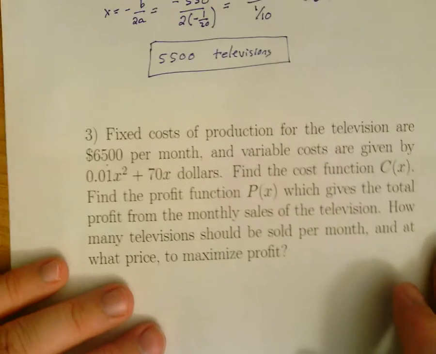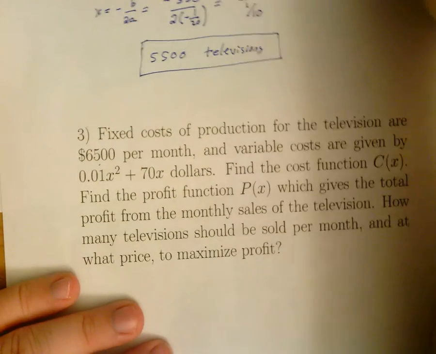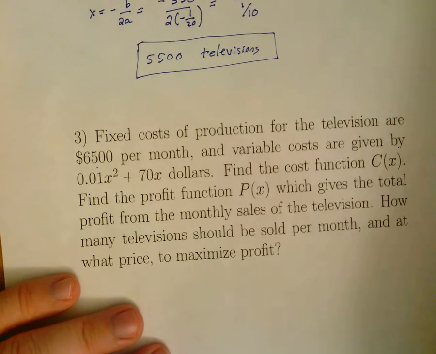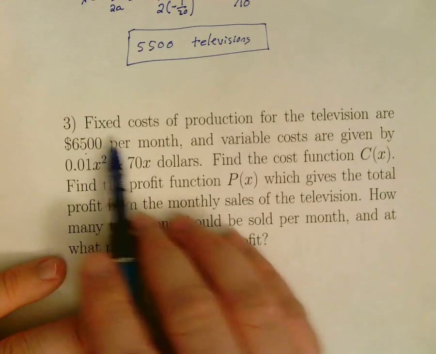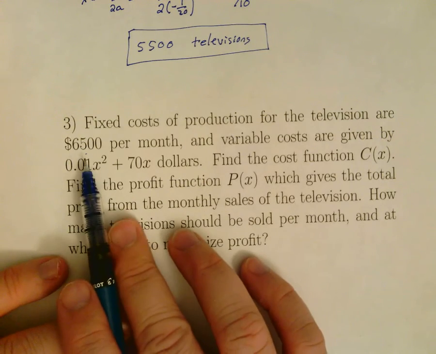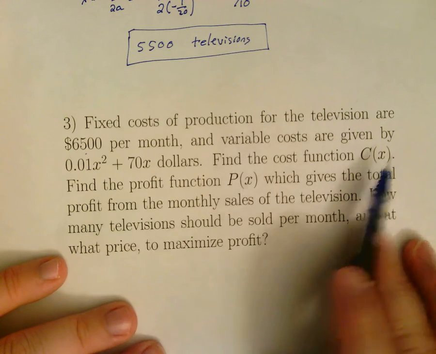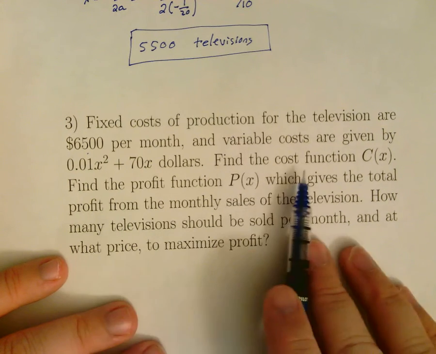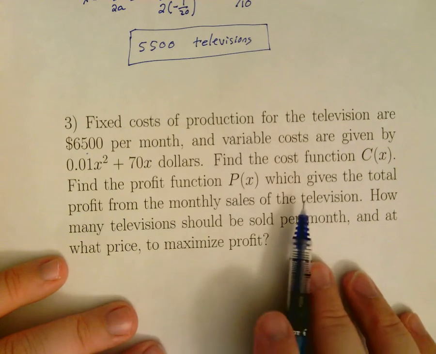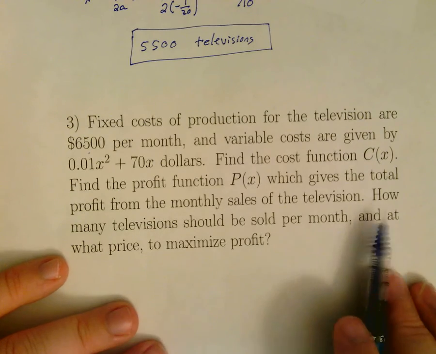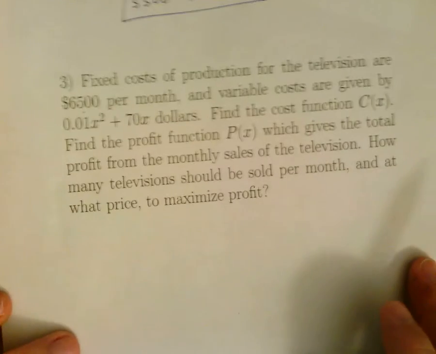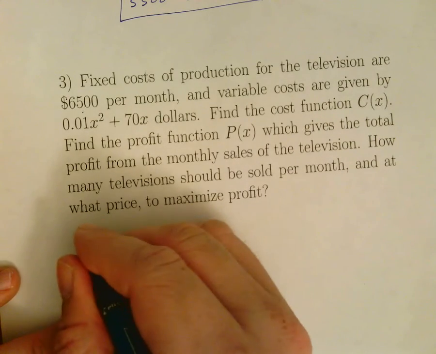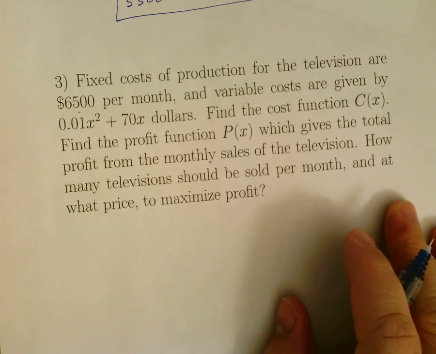Okay. Now, suppose I can actually figure out how much it costs to make these things. And the question is, I want to maximize my profit, for example, with the cost and all that. So here I have the fixed cost of production for televisions: $6,500 per month, and the variable costs are given by this formula. I want to find the cost function, find the profit function, which then gives us the total profit for the monthly sales of TVs, and then how many televisions I should sell per month to maximize my profit. Okay, so what I'm going to do first is figure out what my actual cost is going to